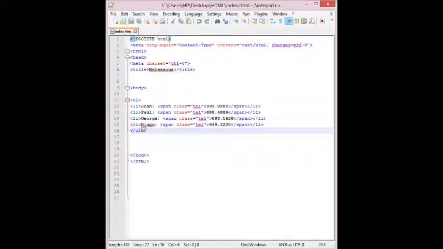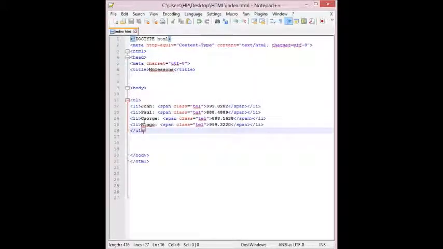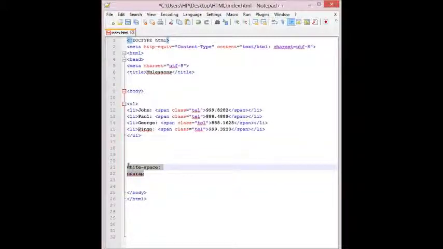So if I go ahead and save it and run it in the browser, you can see it like this. As a bonus, the span elements enable us to apply the same style to phone numbers throughout the website. For example, ensuring line breaks never happen within them, using a CSS white-space: nowrap declaration. I'm talking about this declaration in the style sheets.